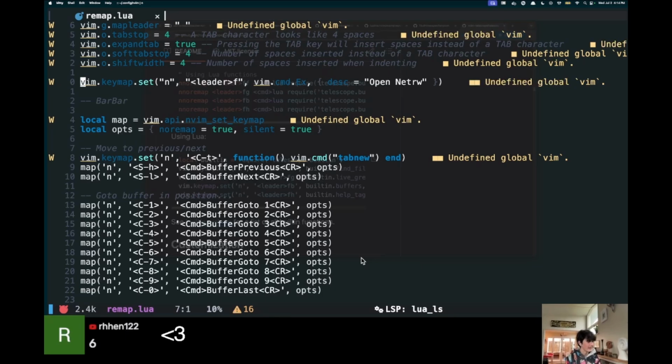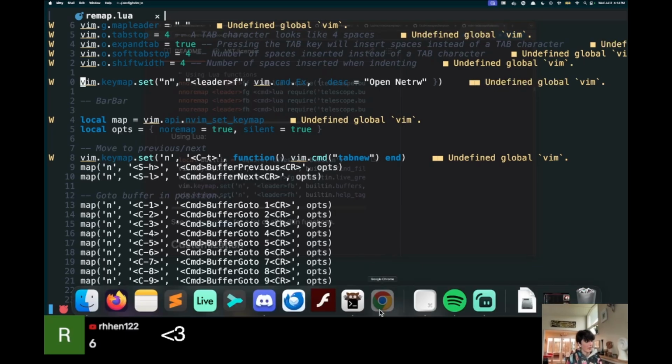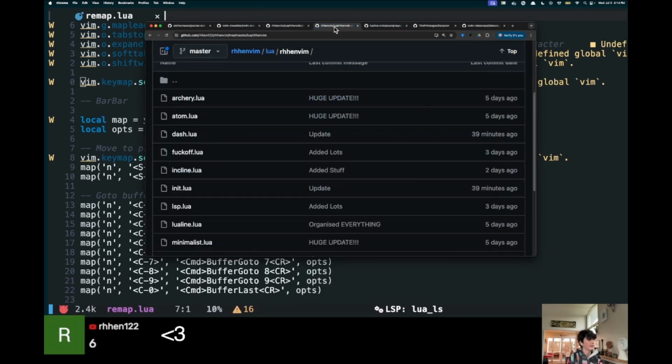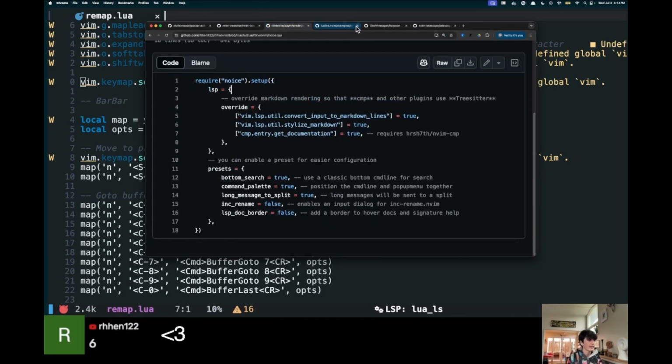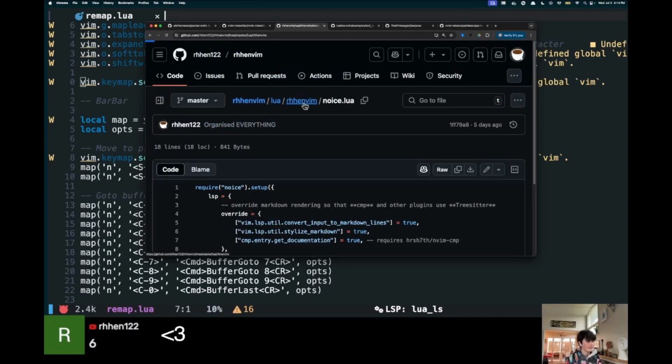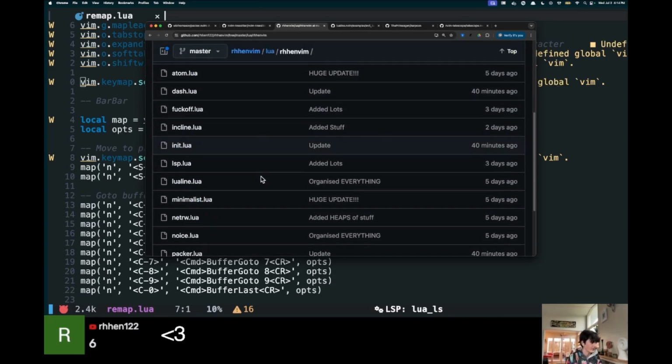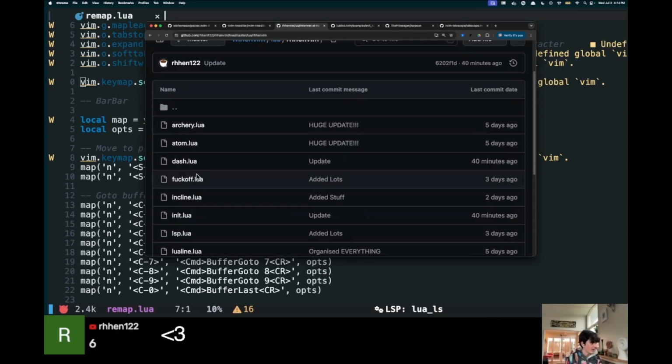Don't know why that's happening. Find where you set the NetRW open right here and just change it. But I have my own personal one, which uses T as the starting header instead of, I don't know, it just makes more sense. T, you know,